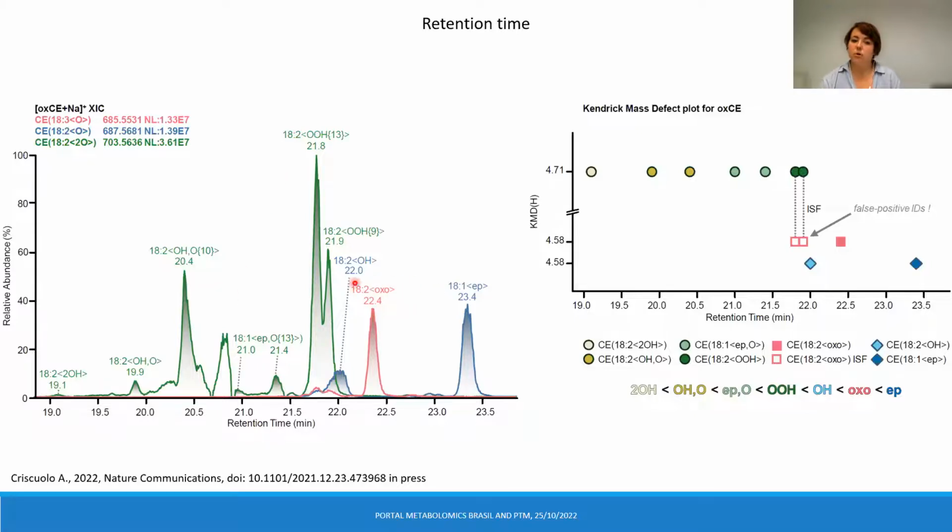If that was epoxy, oxo, hydroxy, peroxyl groups, and so on. And we can see that first of all, they follow a particular elution order, but also we can put them into some pattern saying which forms will elute in which